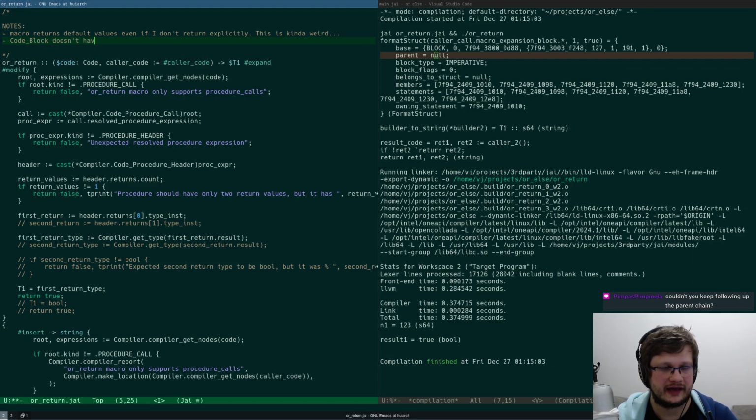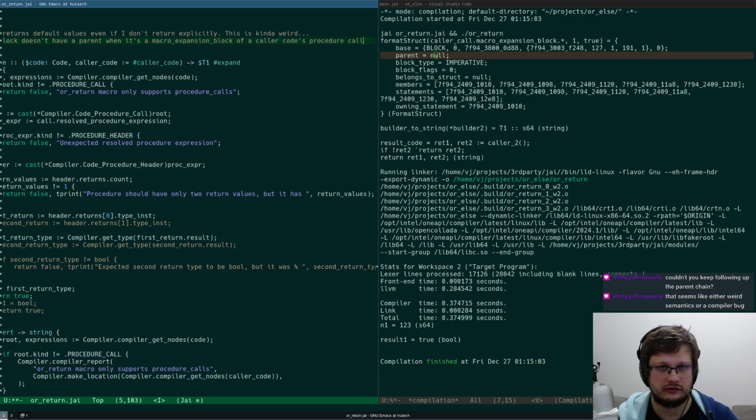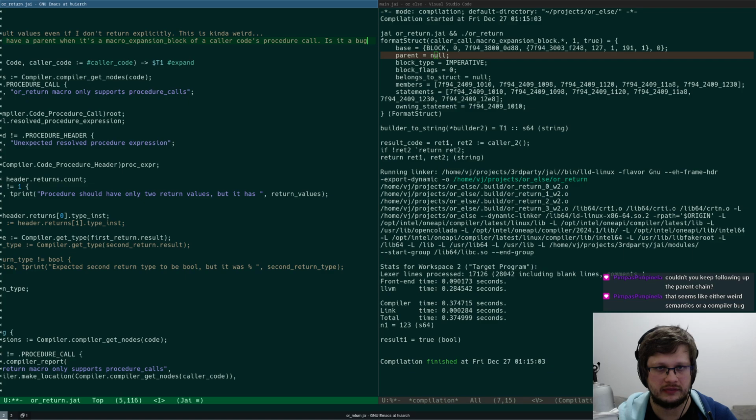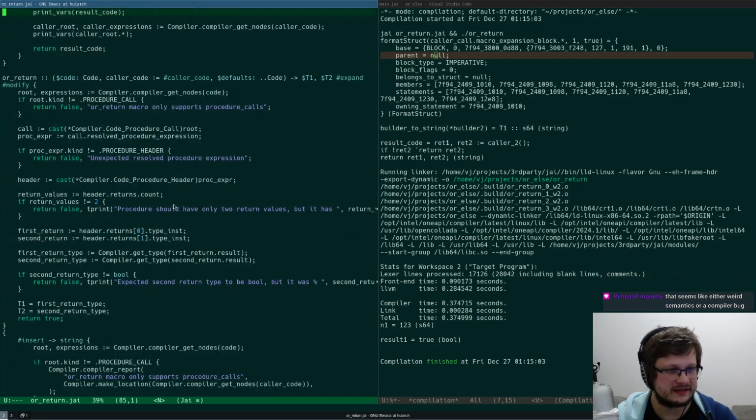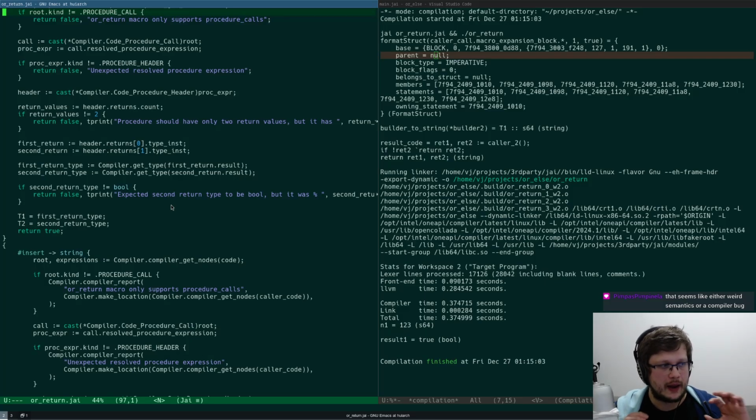Block doesn't have a parent when it's a macro expansion block of a caller code's procedure call. Is it a bug? Yes, it's either some weird semantics where, to save on memory, it doesn't set the parent, or maybe it's a compiler bug.